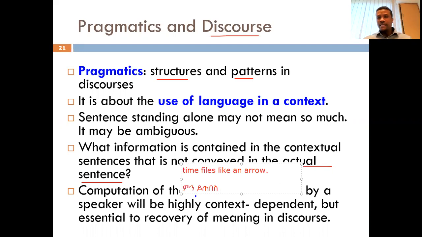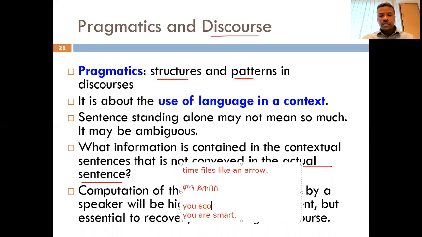Mind you, the meaning is beyond these words. It's beyond this sentence. And pragmatics is concerned about understanding the meaning beyond this. For example, in English, if you say you are smart, then do I mean you are really smart? Especially if the previous sentence is you scored 5 out of